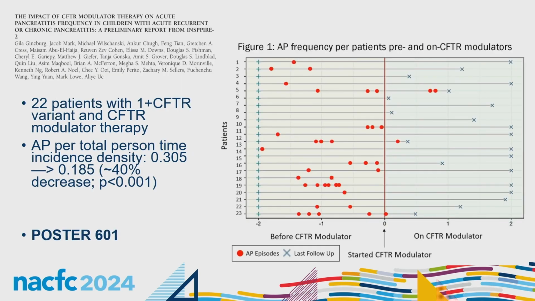In another study, a sub-analysis of INSPIRE-2, which is an international consortium studying recurrent and chronic pancreatitis in children, 22 patients with 1 or more CFTR variants on modulator therapy were identified. The pancreatitis per total person time incidence density decreased by about 40% with modulator use. The graph on the right neatly visualizes the change in acute pancreatitis frequency in this cohort, with the left-hand side showing frequency of pancreatitis attacks in the 2 years preceding initiation of modulator therapy, and the right-hand side showing decreased